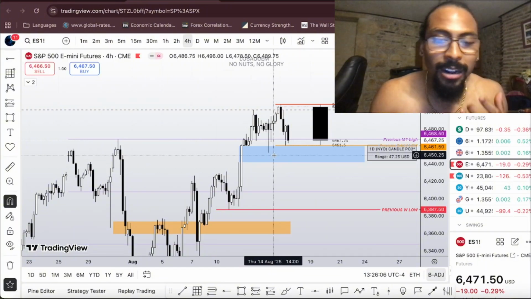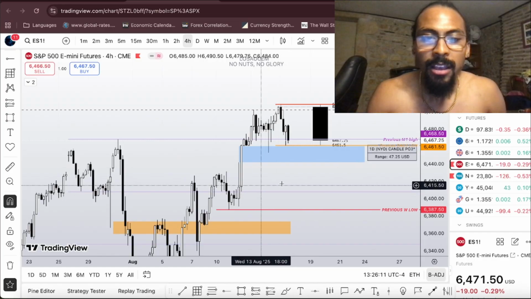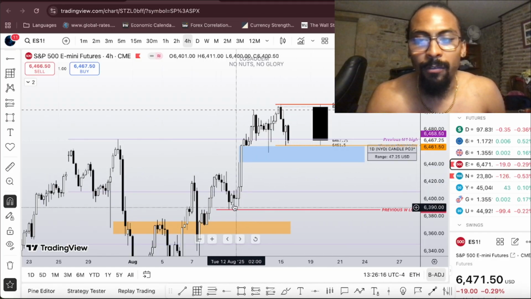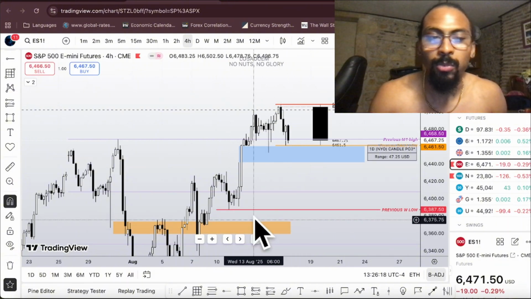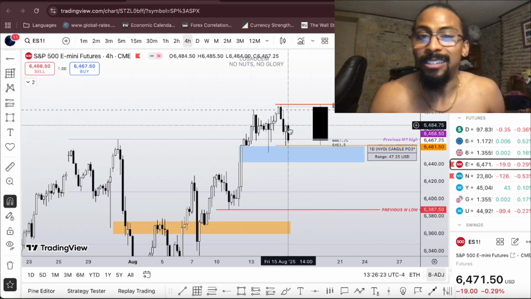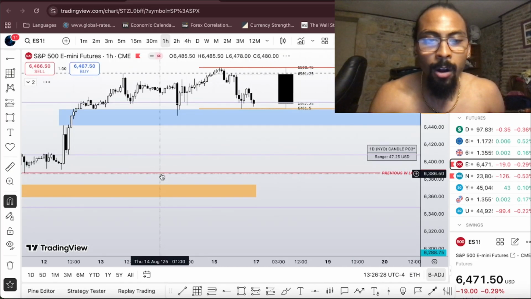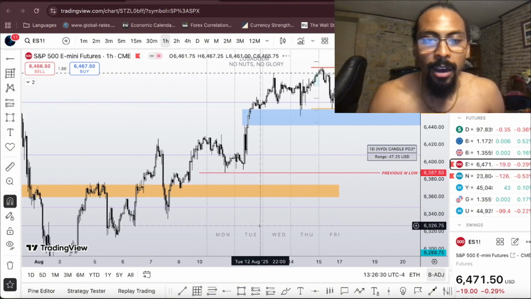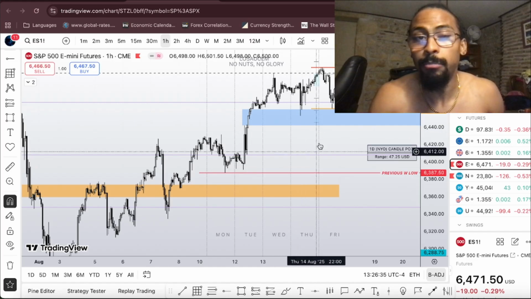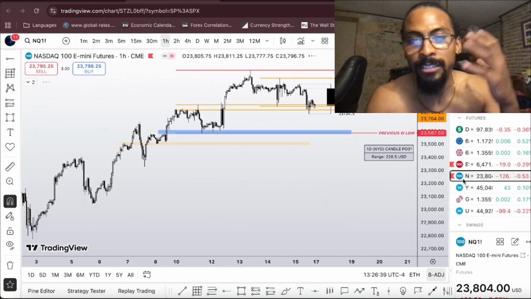Now until it starts displacing through this 4-hour fair value gap, really gives displacement through there and closes through there, then I'm gonna start looking for price to potentially go towards the previous weekly low, because we did hit the previous monthly high, had a turtle soup, displacement through it, inversion FVG, so it's most likely going for that previous weekly low. All of this liquidity that's been built up with lows all in here, it could just start running for that, and it could be like a market maker sell model. So that's ES. Same reasoning I have with Nasdaq.